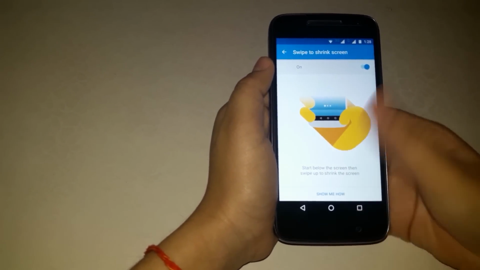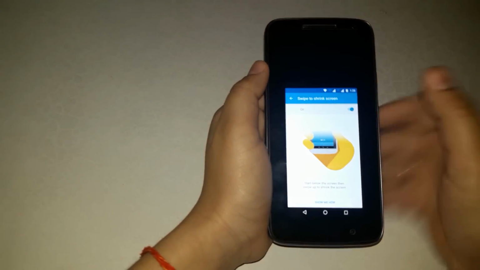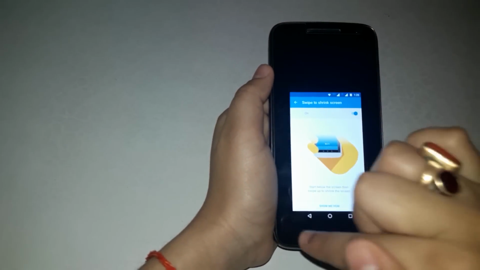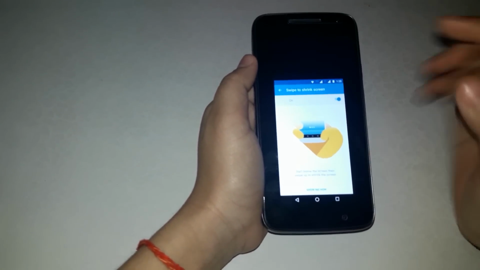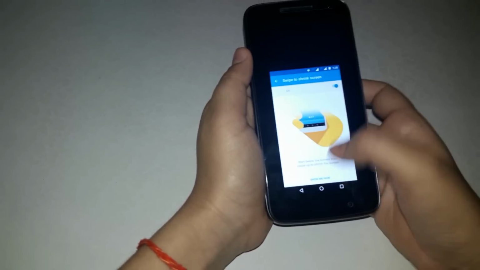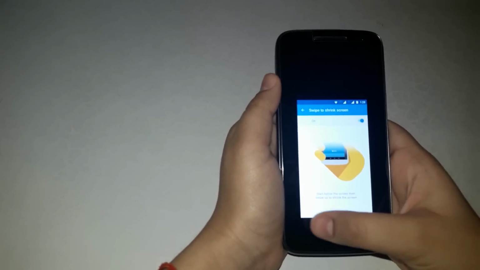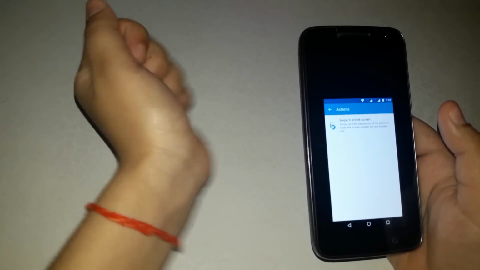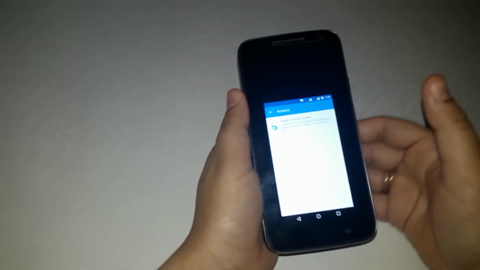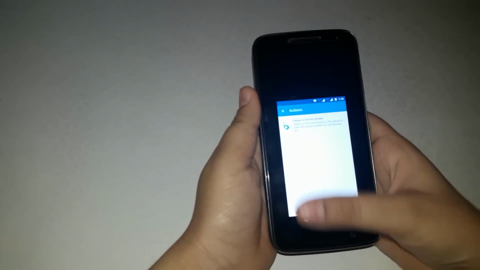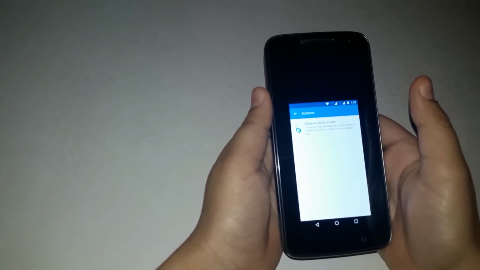If you swipe the screen like this, the whole screen will shrink to this small screen. Now basically your big phone has become small. This small phone is now very handy. Like if you are busy doing something with your left hand and you are free only with your right hand, and you have to operate the phone, then this feature is very helpful.